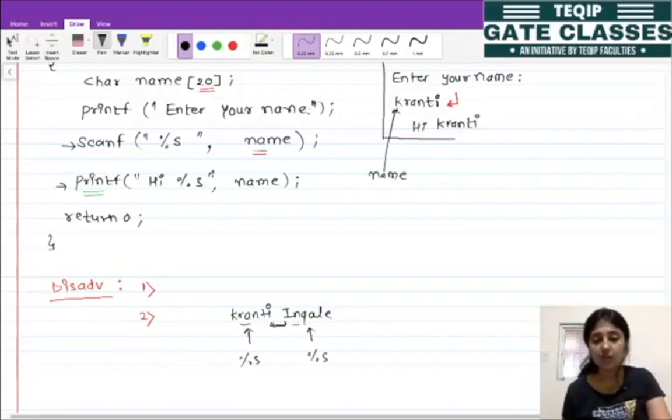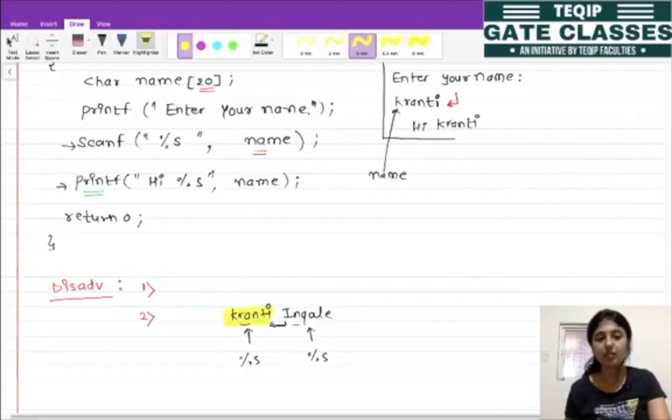This is not possible with this single scanf function, so scanf is able to scan only the first word, right? So these are the two disadvantages.